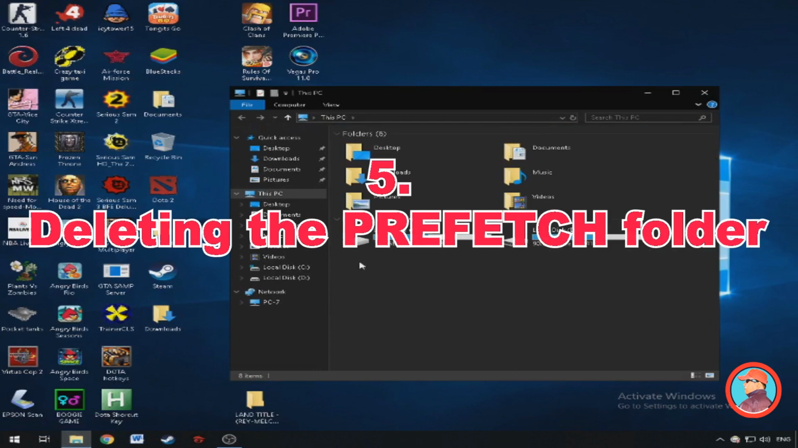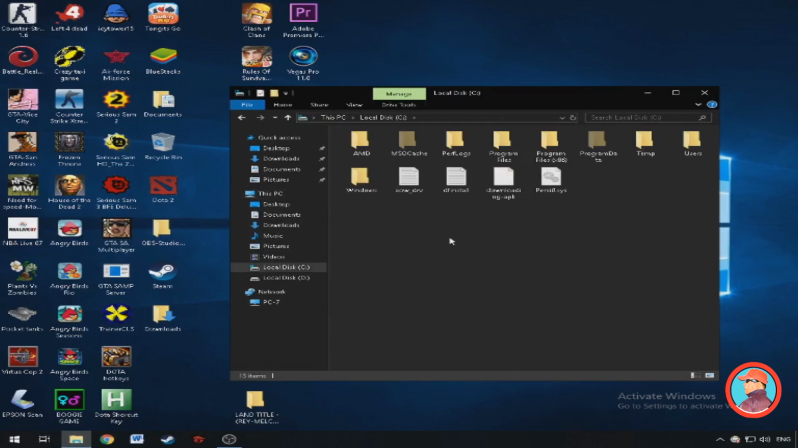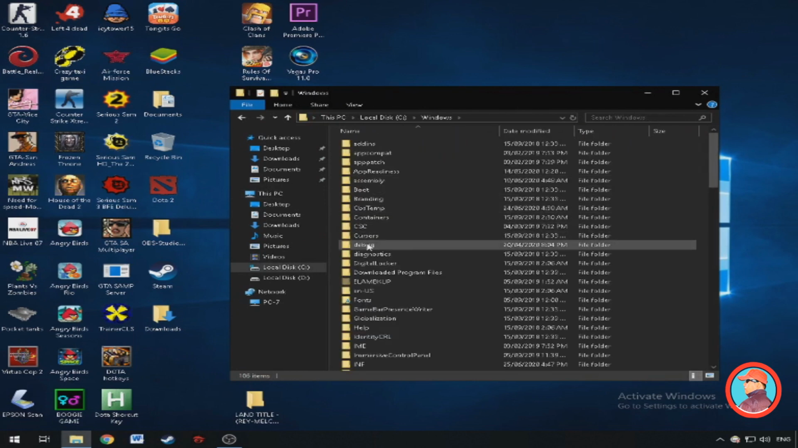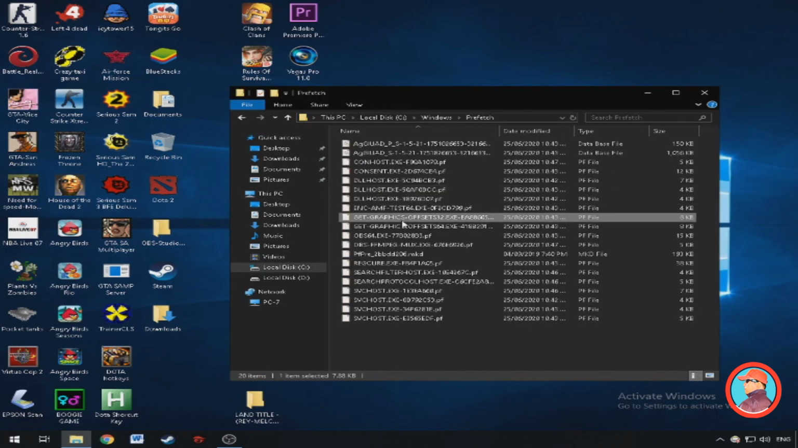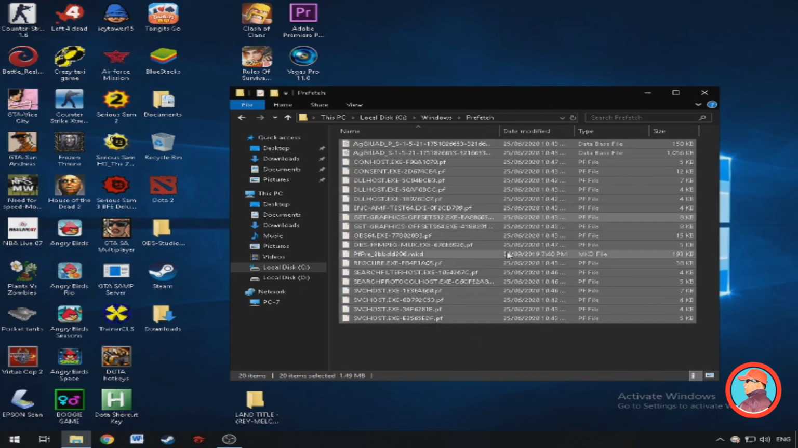Deleting the Prefetch folder can provide several advantages, including freeing up disk space, improving system performance, simplifying maintenance, and reducing security risks. However, it is important to note that deleting the Prefetch folder can also have some drawbacks, such as